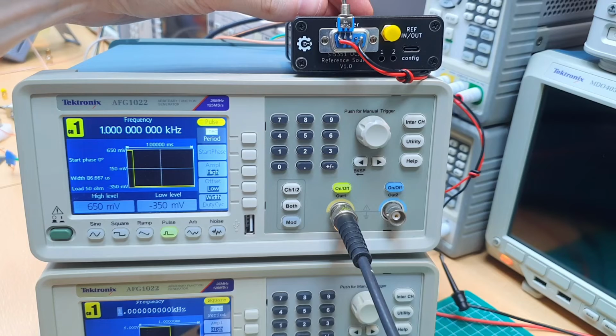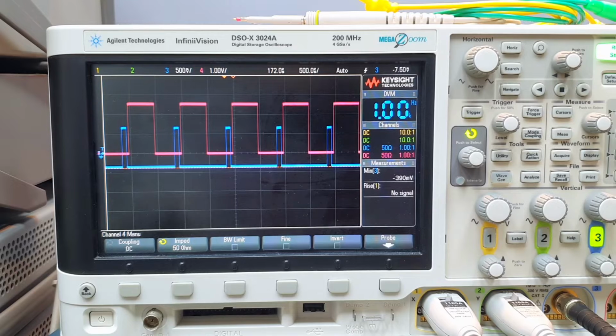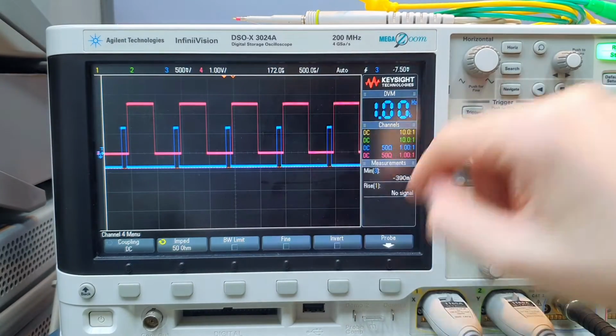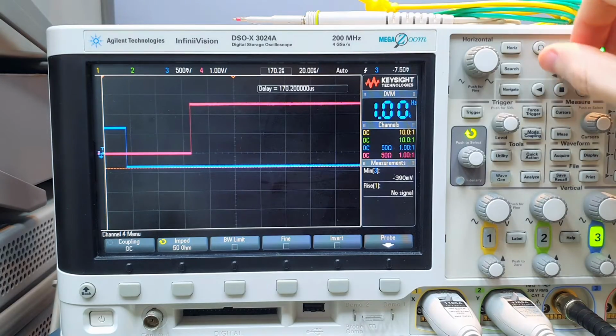So imagine a situation where we need to generate more than two signals or different formats of signal using different signal generators. The reference source is turned off now, and we can see a very interesting effect on the oscilloscope. We see that the internal sources of the Tektronix signal generators are pretty close. Signal seems to be stable here, but of course, if we zoom on the signal, we're gonna see